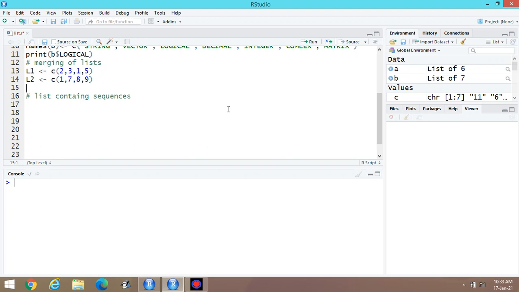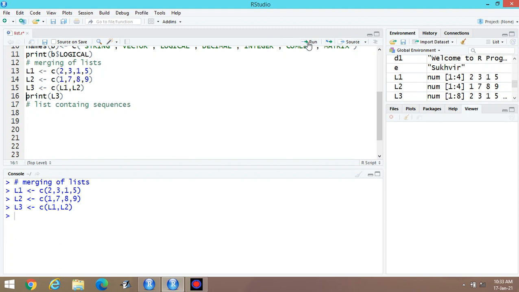Then what I have to do? Suppose L3 is the new list. Then c, L1, comma L2. Now print L3. Let us check the output. First one, then second. Okay, you can combine the elements 2, 3, 1, 5, then 1, 7, 8, 9. You can combine all the elements. This one is merging of list.